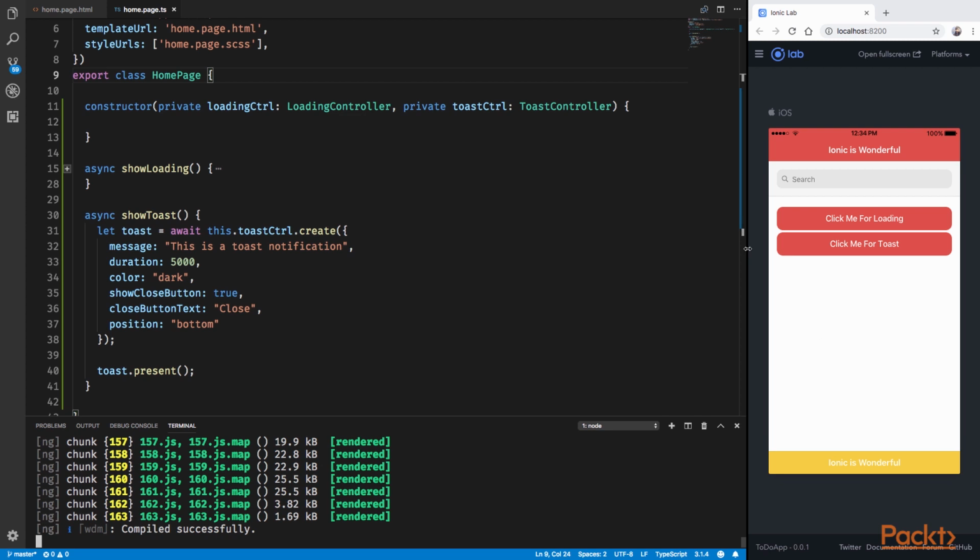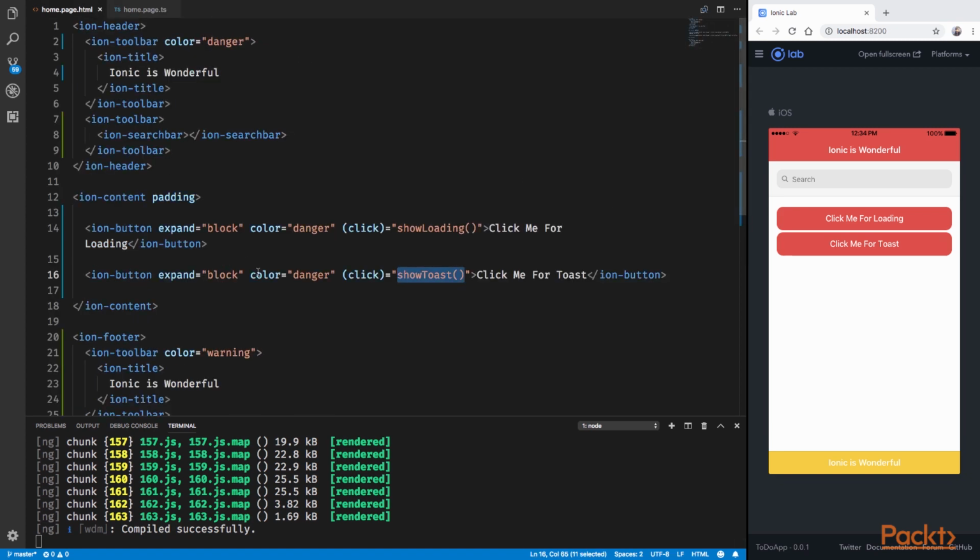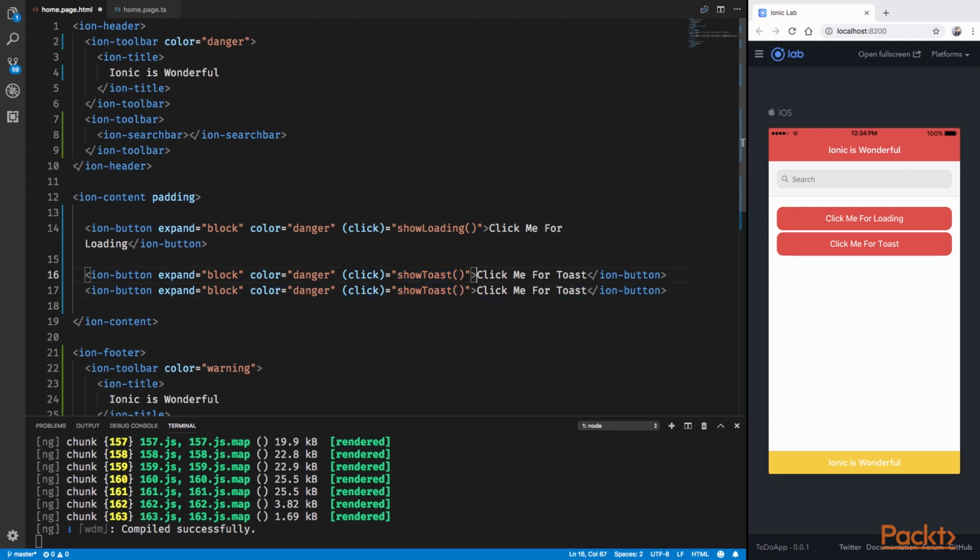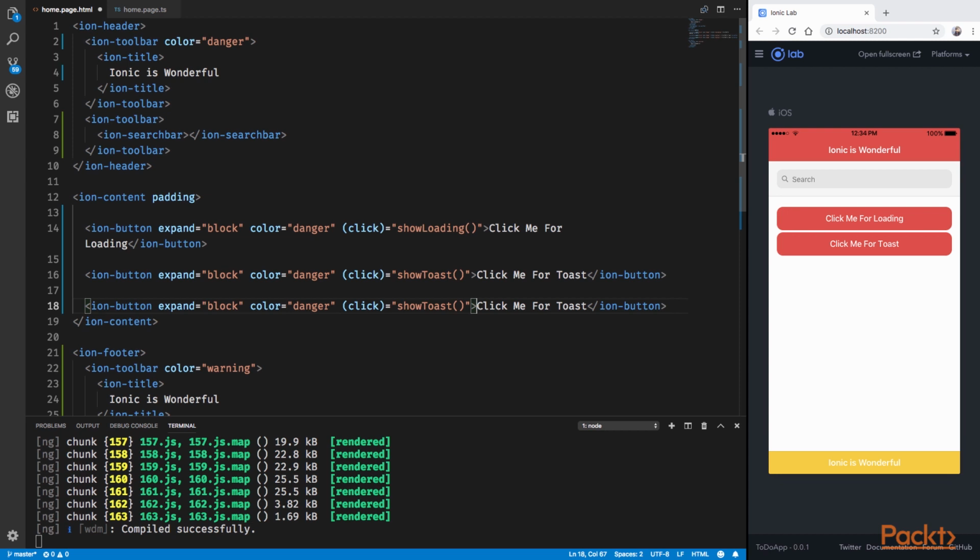So here we are inside Visual Studio Code where we left off in the last video. And the first thing we'll do is create a third button in our application, which we will use to invoke a function that will in turn display an alert to the user. So here I have created a new button and I'll change the text on the button to click me for